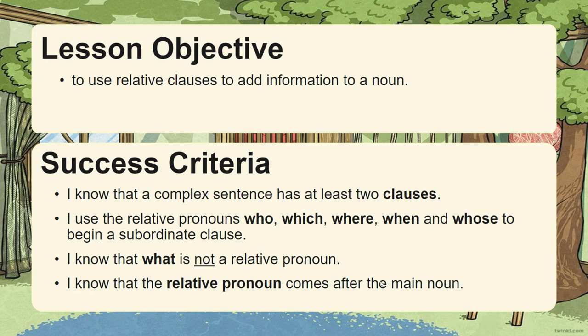Today our lesson objective is to use a relative clause to add information to a noun. And our success criteria is: I know that a complex sentence has at least two clauses. I can use relative pronouns who, which, where, when, and whose to begin a subordinate clause. And I know that what is not a relative pronoun, and I know that a relative pronoun comes after a